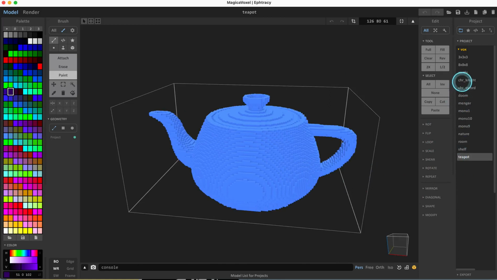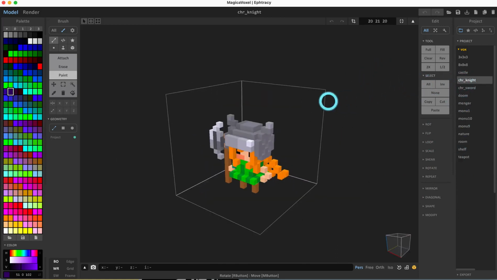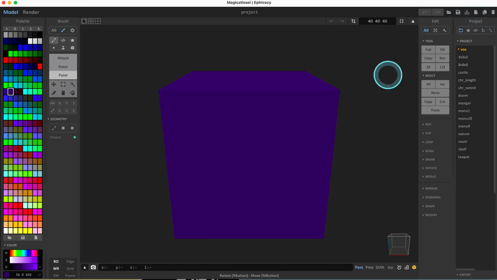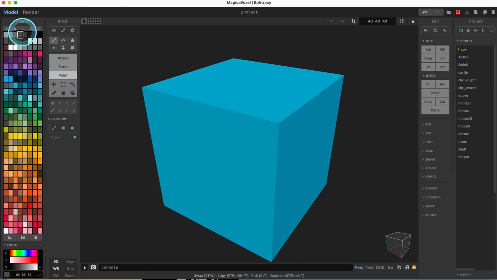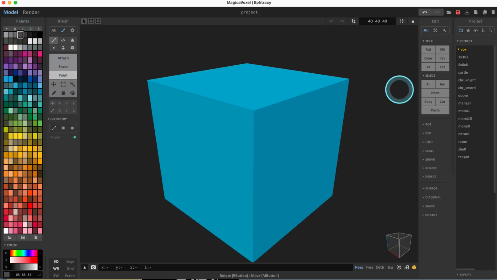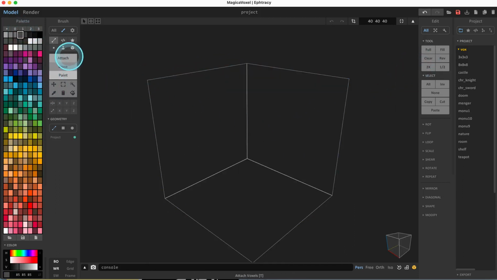Okay, so let me show you now how to create a brand new voxel and how to save it. So if you want to create a brand new one, if you look up here in the very top right-hand corner, this is where you have all your open, save, new projects, all that kind of good stuff. So the one you want is this first one here that looks like a little piece of blank white paper. If you click on it, it's then going to give you basically whatever color you have selected, it's going to give you that in full. So if I go over here and I select my first palette, there it is right there. I can now go clear and I can go to attach and I can choose my color and I can just start